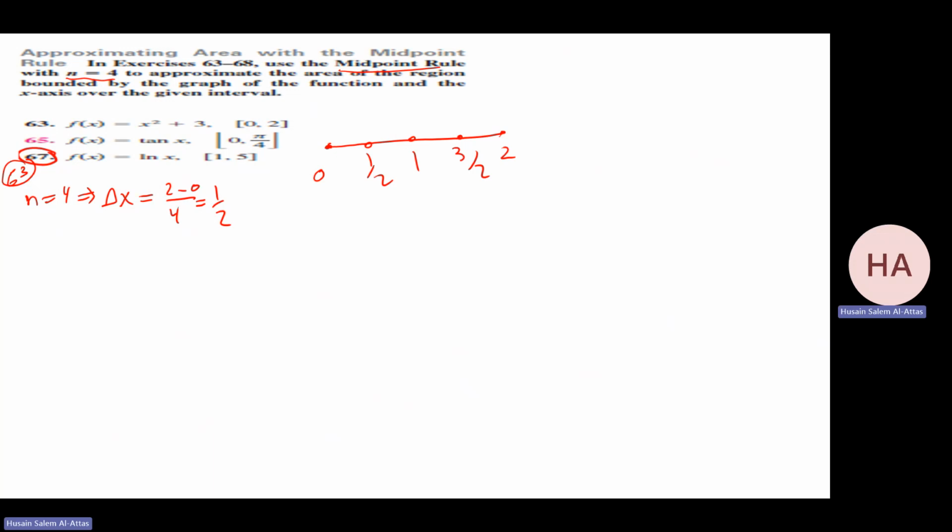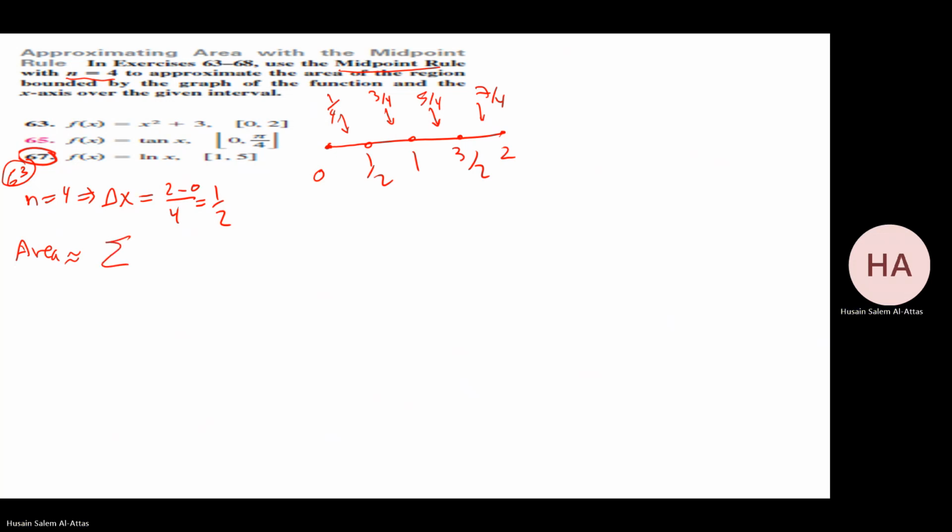Yeah, the midpoint, huh? Here I have what? 1 over 4. Here I have what? 3 over 4. Here I have what? 5 over 4. Here I have what? 7 over 4. Okay. So the area will be approximately